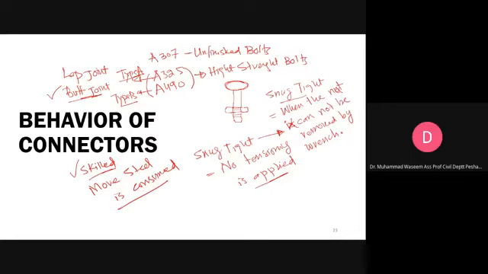ठीक है. What is the time now? Can we take a break for 5 minutes? Yes sir. चलें, sure. आप लोग सोचिए, 5 मिनट मैं भी जरा आराम करता हूँ. So we will start with discussing behavior of connectors after the break, okay. In the meanwhile, अगर आपके दिमाग में कोई क्वेश्चन है तो आप सोच लें, then we can discuss those questions. सबको क्लियर है कि सिर्फ आपको क्लियर है? सर आई थिंक सबको क्लियर होगा सर, आसान है। चलें, then let's take a break for 5 minutes, okay. ओके सर।